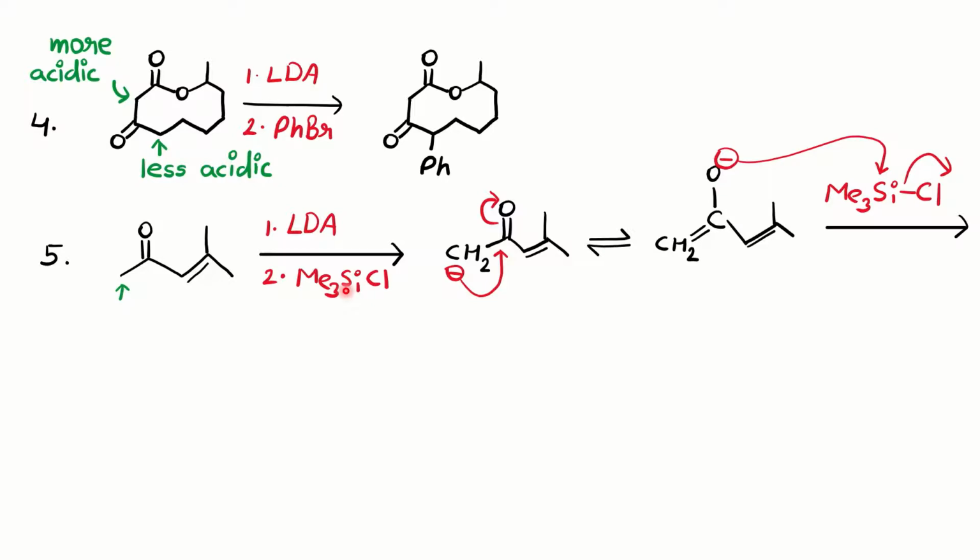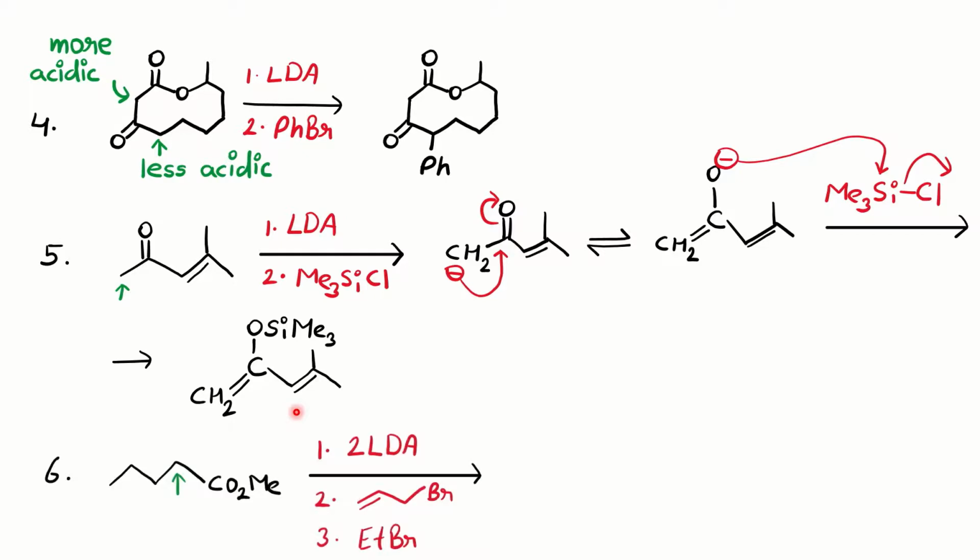Now since the trimethylsilyl chloride is there, the oxygen minus will attack the silicon, since silicon is electropositive, with the removal of the Cl. So basically this is a protection reaction. Oxygen is protected by using the trimethylsilyl chloride, so that if a reaction is assumed to occur on this position, it will not occur, and you can do the reaction on the other side. So it is a protection.